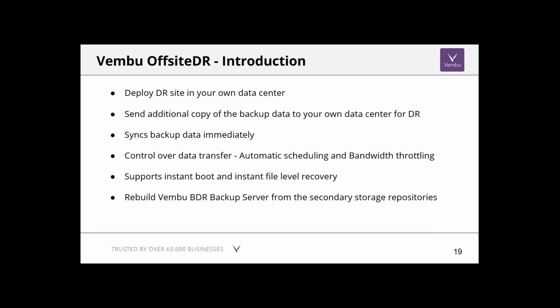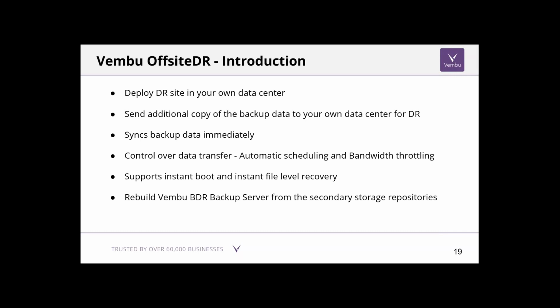So all you need to do is install a Vembu OffsiteDR application on your remote site, and you can just point all your Vembu BDR backup servers to that particular site. You may have multiple sites, and multiple Vembu BDR backup servers running on each site. All that data will be replicated to a single Vembu OffsiteDR server, which is running on another site. The data will be immediately synced from the primary repository after completing a backup job, and you can control